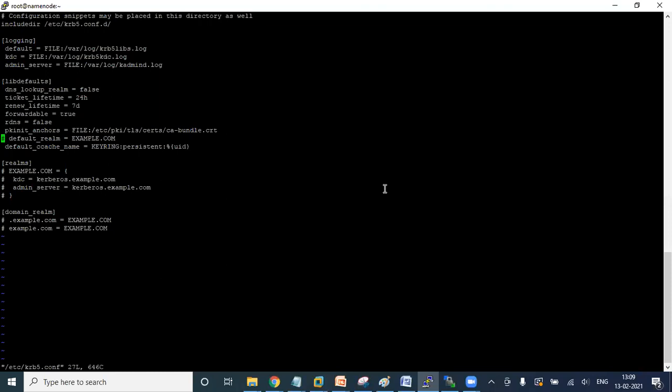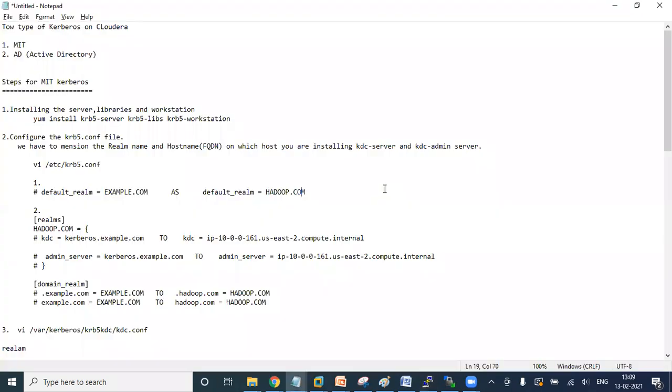We remove this default realm and want to replace it with our realm name, hadoop.com. Next, in the realm hadoop.com, we have to define and update the KDC equal to our host name.